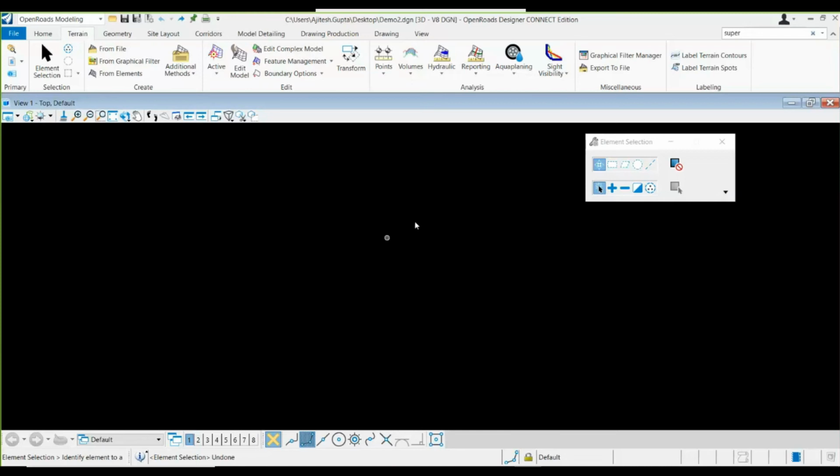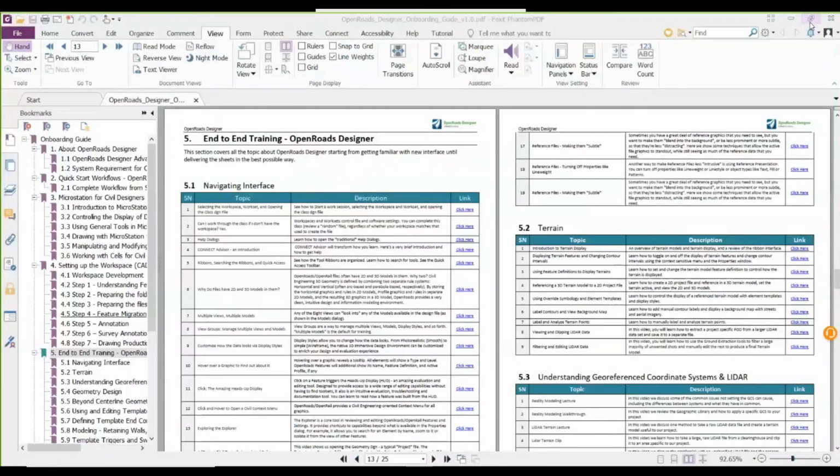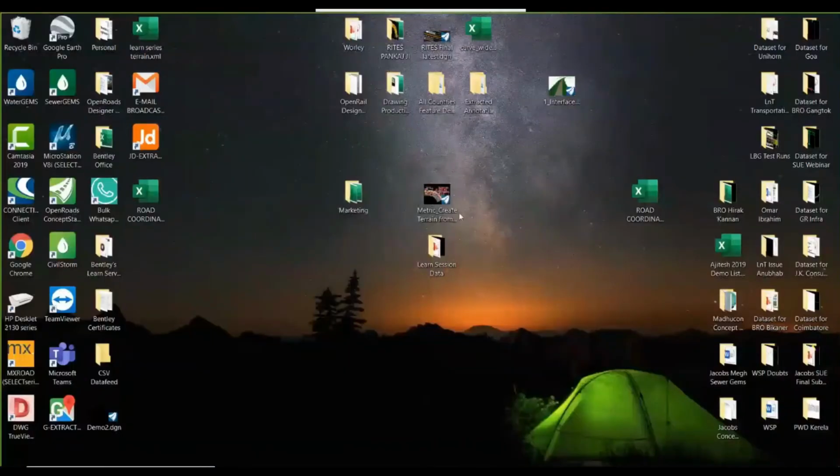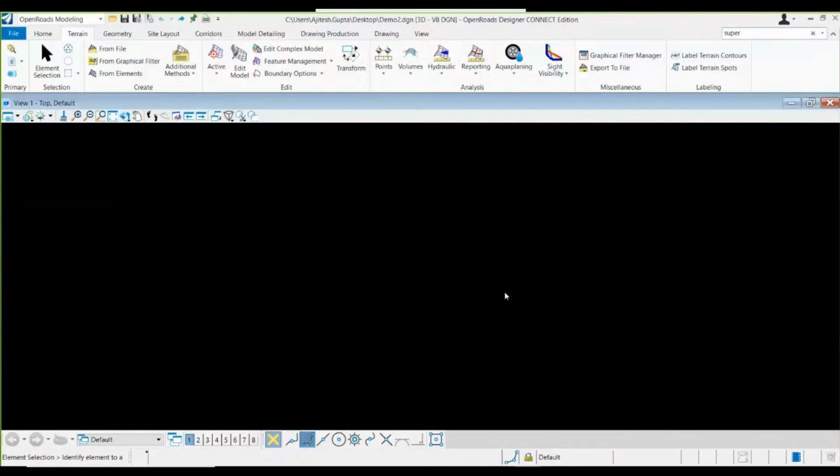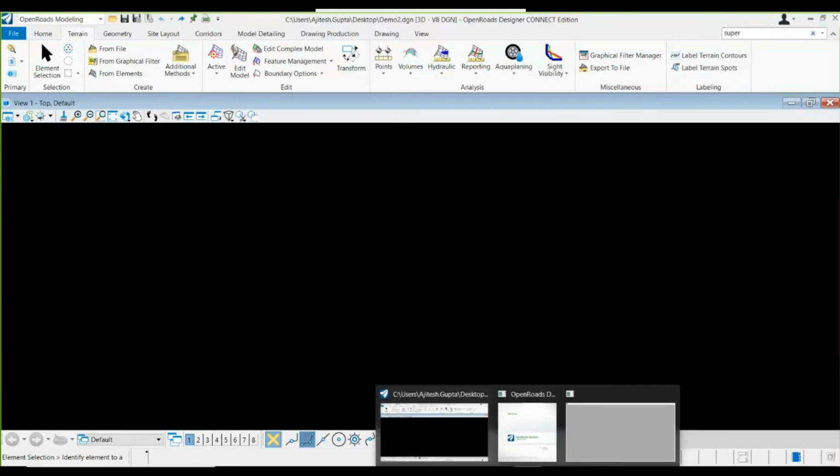Okay, moving ahead, let's see another way of creating our terrain from a CAD drawing. I'll be quickly opening a CAD file which is present in my DGN form.